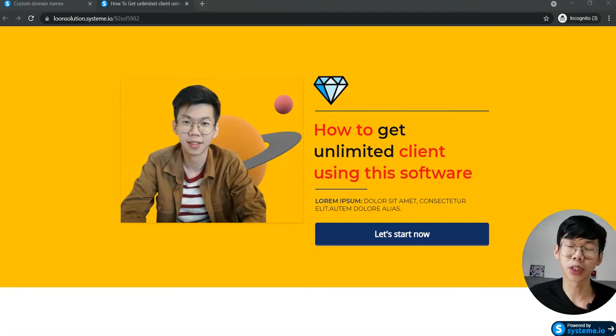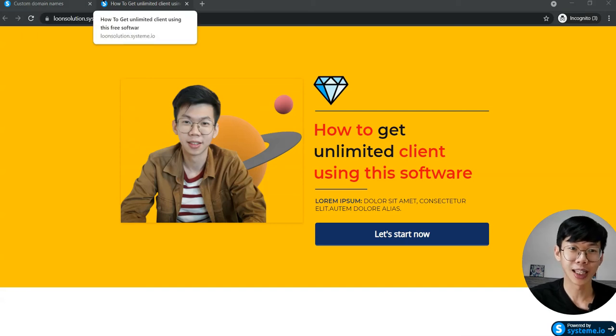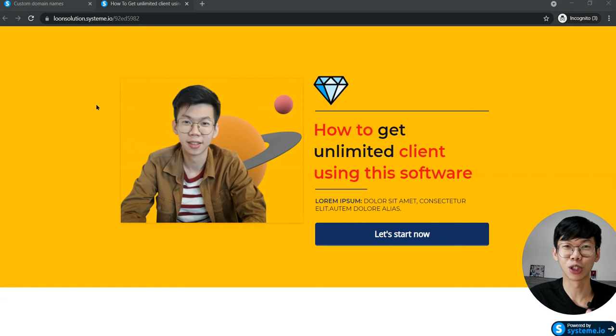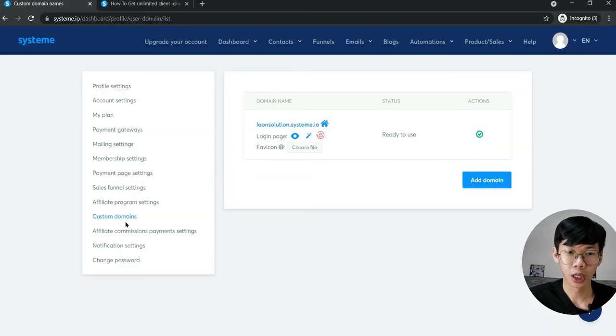In this tutorial, I'm going to show you how you can change the favicon and change these minor things that many people forget to change. This is the favicon that you can see over here. There's the logo that is still the systeme.io logo, and we are going to go through these steps,